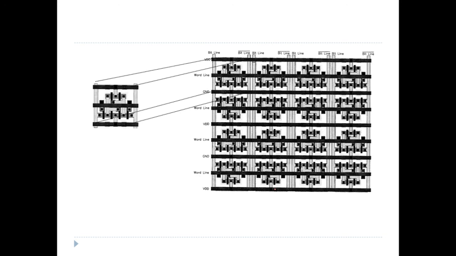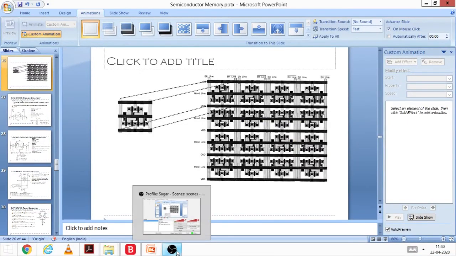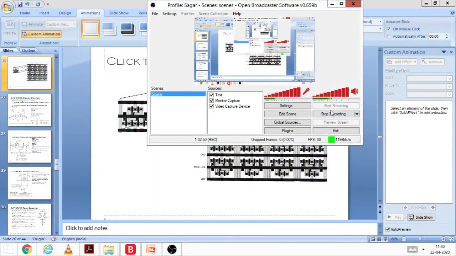So I hope you have understood this. Just go through it once. You try to draw all these stick diagrams and all the layouts on your own, and you will understand it in a better way. So at the end of this, we'll give you assignments where you have to draw these stick diagrams using electrical software. We'll stop here.